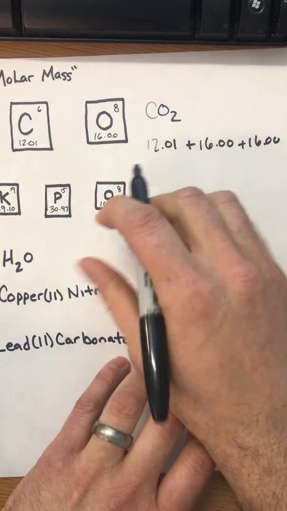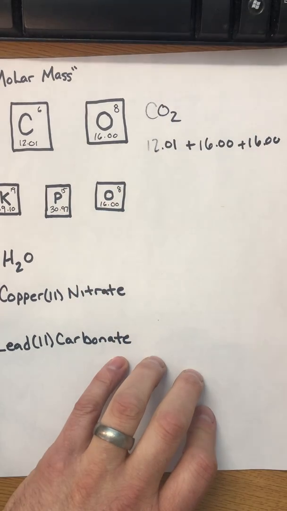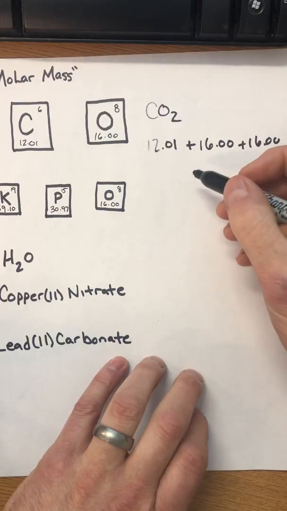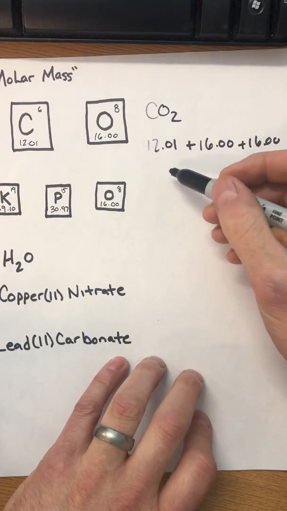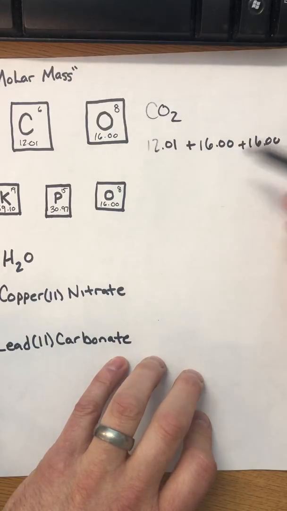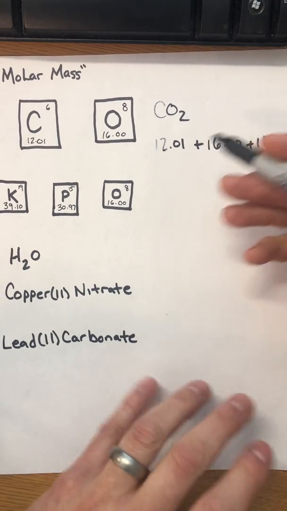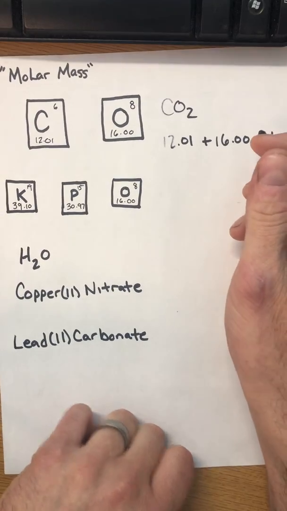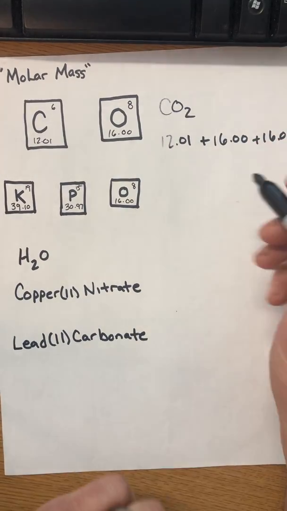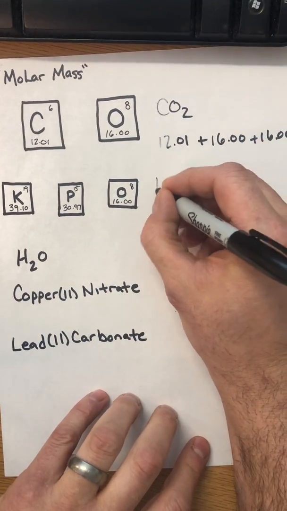And then on your calculator, you just add those numbers up and make sure that you report your final answer using the lowest number of decimal places provided, which is 2 in all these, so that's easy enough. And then that's pretty easy to do. With a compound that might be a little bit more complicated, like let's look at